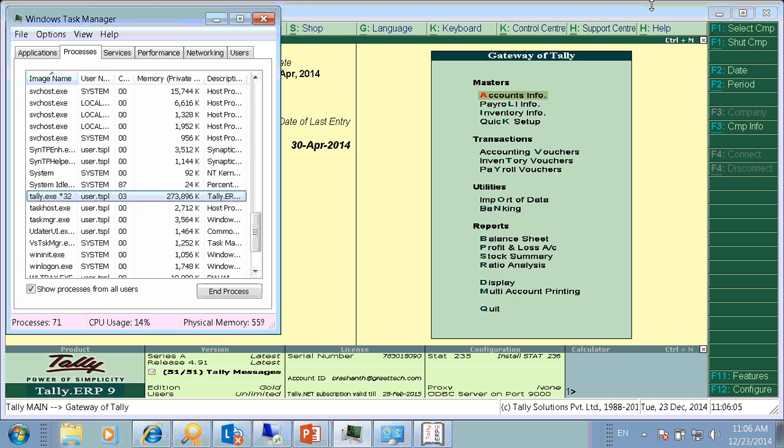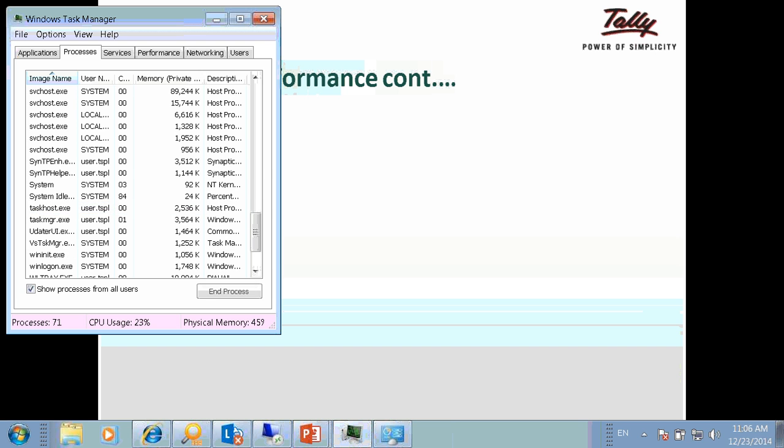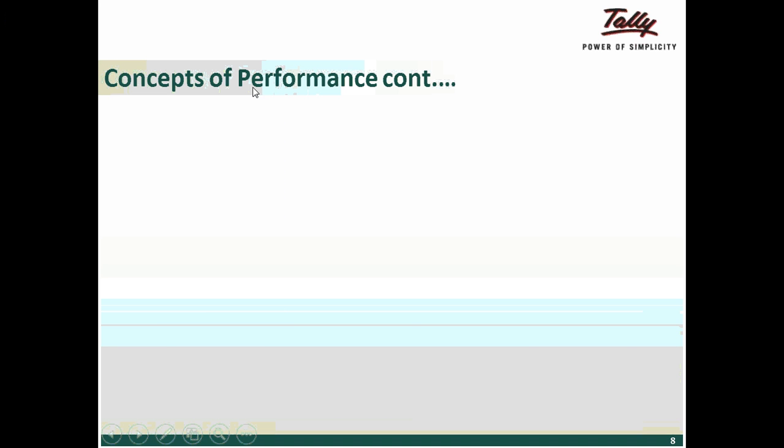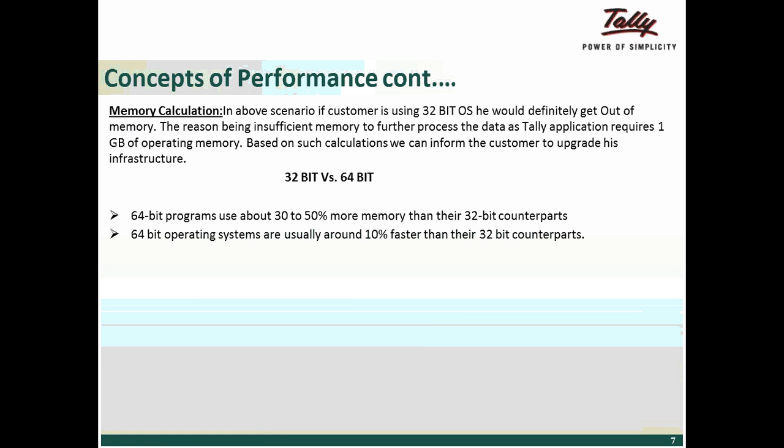To execute the complete company. Moving back, we were discussing the 32-bit to 64-bit. In case of a 64-bit,